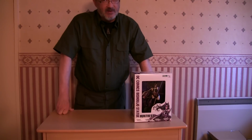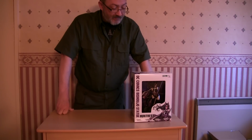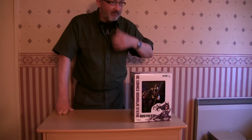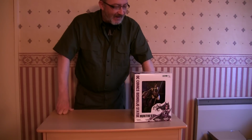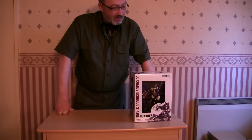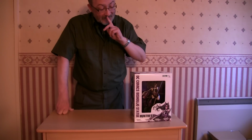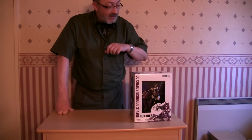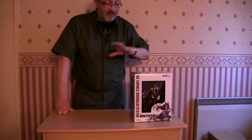Bishoujo is literally just a Japanese word that means beautiful young girl. And basically it just describes almost all female anime characters. That very pretty young face with a disturbingly adult body attached. That's just literally what Bishoujo means. And Kotobukiya, in association with DC Comics, have done a series of figures basically taking an anime interpretation of DC